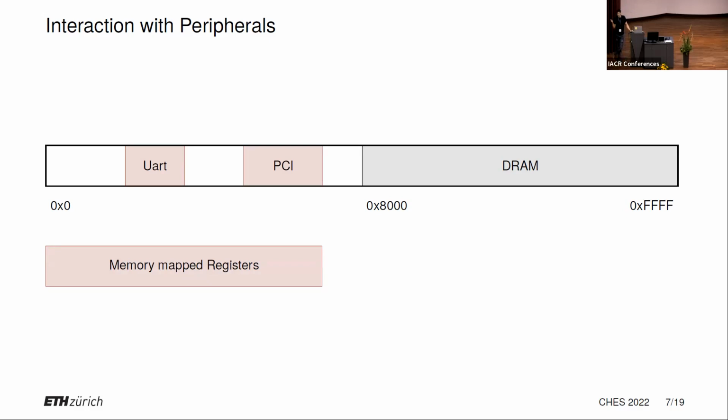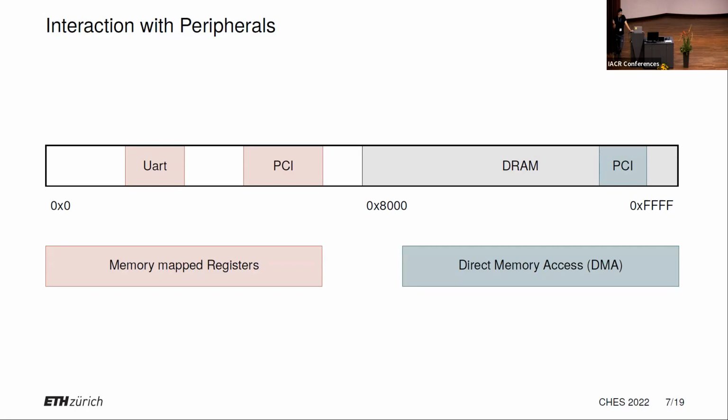Then there's the second way of interacting with specialized hardware, and that's DMA. We have direct shared memory. These devices are usually more geared towards higher speeds, accelerators, and so on. But the main thing is that these are the two options you have nowadays to communicate with peripherals on normal application processors.